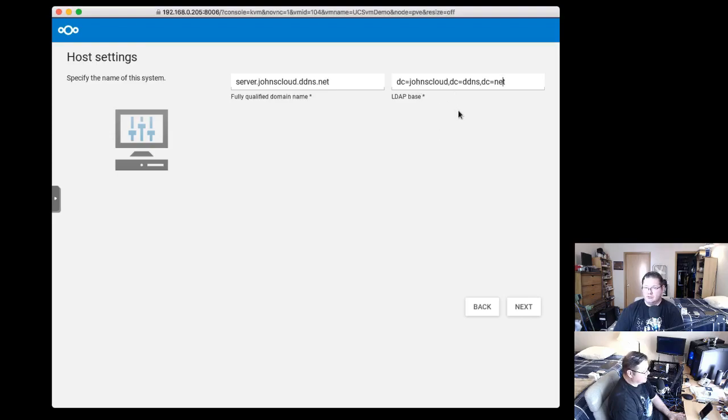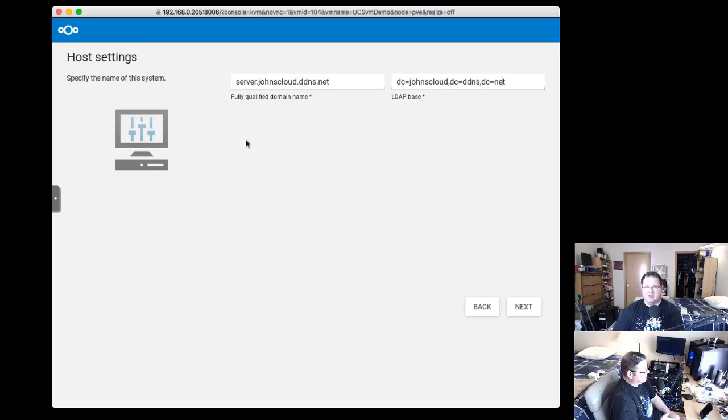Again, I don't know too much about the lightweight directory access, or what do they call that? Yeah, I don't remember. But it's essentially Active Directory, but I think the open version. Anyway, so a wildcard for an A record, which is any type of domain name, allows the domain itself, which this one is John's Cloud, anything that's before it,